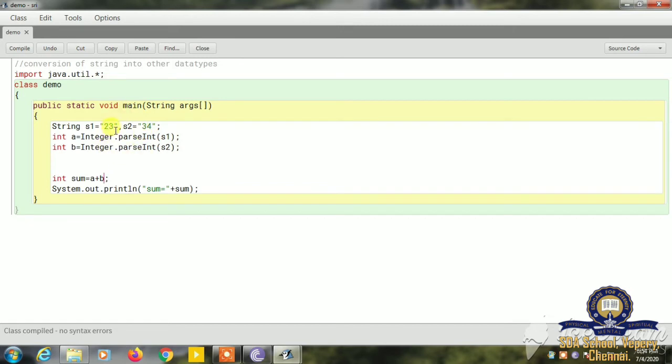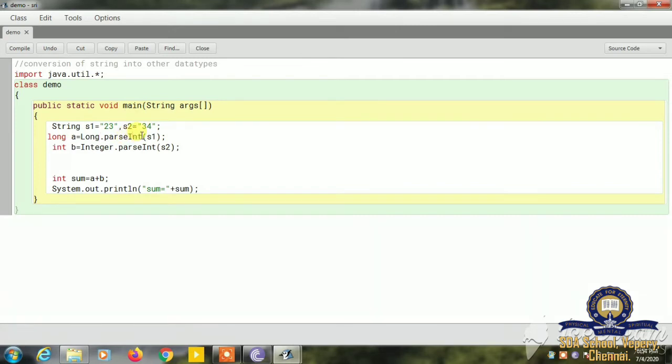If you want to convert a string into long, we can change int into long. Here you have to use the Long wrapper class. You know the wrapper class's first letter is capital, so Long.